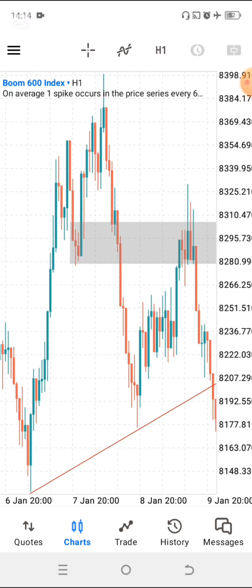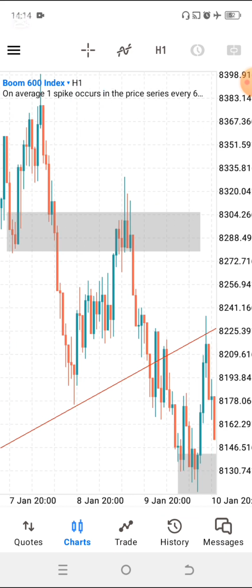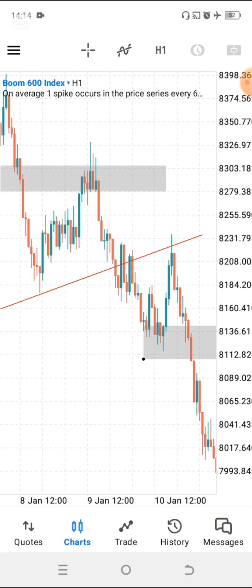As for me, I started the wrong route. I started understanding the TDI before I started understanding price action. But nowadays, I use price action all the time. Why? Because I've seen that it's actually a lot simpler to understand than the TDI. But if you want to learn the TDI and moving averages, I've got videos on those. You can check them out later.